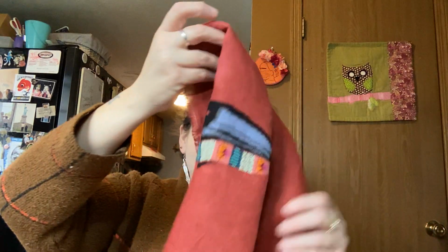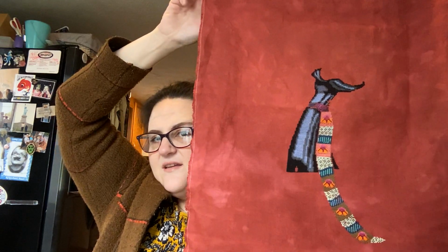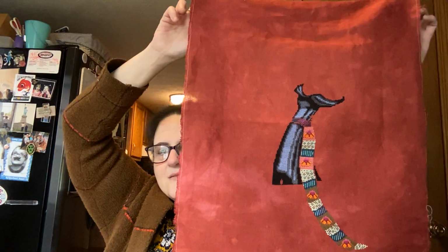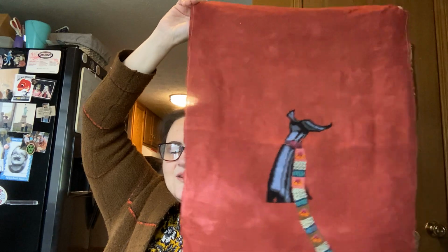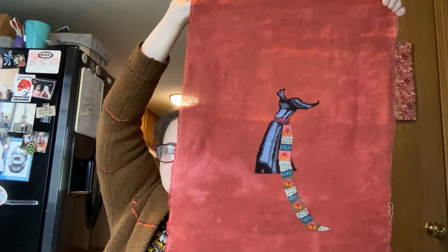So there she is. And I got my goal completed. I got the top half of her dress. Look how pretty that is. Oh my gosh. I kind of don't want to put her away, but that's the whole reason I'm copying Janet,